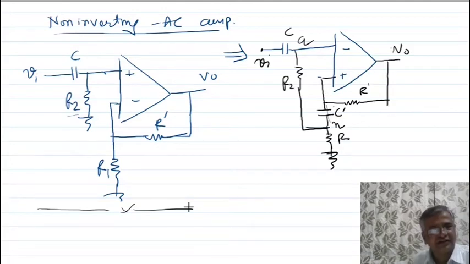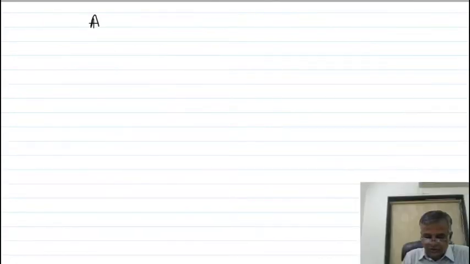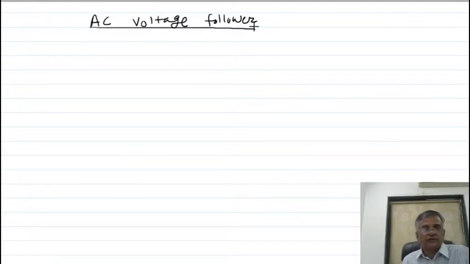In a previous section, we derived the equation of the cutoff frequency also. Here you only have to understand the circuit. The circuit is known as an AC voltage follower. Already you know what a voltage follower is. A voltage follower has a most important property: its input resistance is very large and output resistance is very small, and its output voltage follows the input voltage. I am showing you the voltage follower circuit using the op-amp.